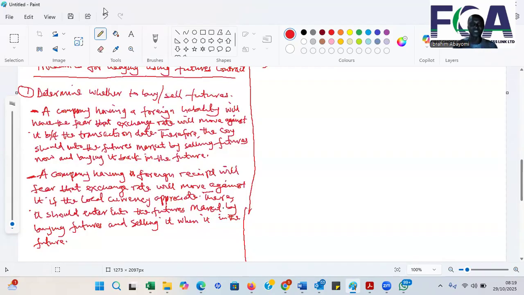If I'm having a foreign receipt, my fear is that the Nigerian naira will appreciate. If it does, I will receive less naira than I would have if it had depreciated. Therefore, I will enter the market by buying futures now, so that I will sell when the futures become expensive, when the exchange rate actually appreciates. So that's number one. Number two is,